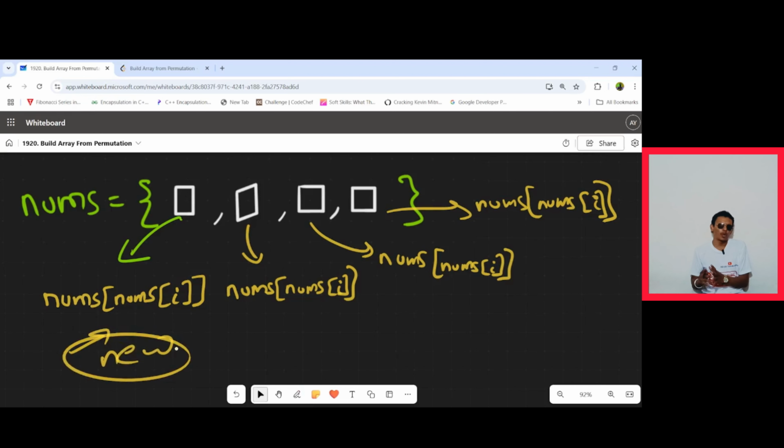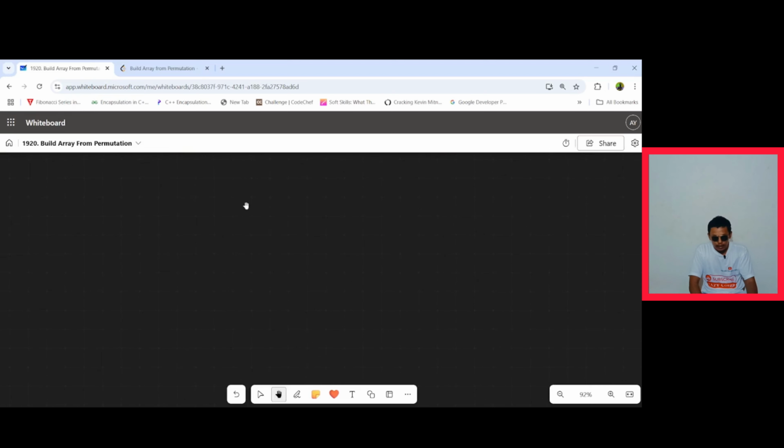Now the idea is simple. Already it is given nums of i. That particular given nums of i, you need to replace it with nums of i. Now your particular nums of i is the new value. Now how are you going to do that? Before going into that particular explanation, just see a simple kind of magic or something like a game.